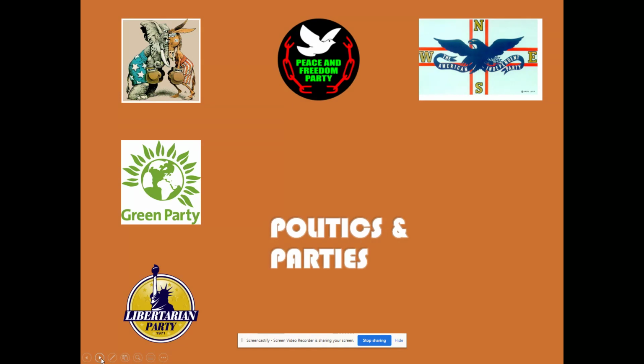And as you can see, too, in the top left here, Republicans and Democrats are symbolized by the donkey and the elephant. So we know a lot about them, and we'll learn a little bit more. But what you also may not realize is that here in the state of California, in fact, most other states too, there are other political parties that are valid and recognized as well that you will see on the ballot on election day. That includes the American Independent Party, the Peace and Freedom Party, the Green Party, and the Libertarian Party. So there's not two in the state of California, there are six.